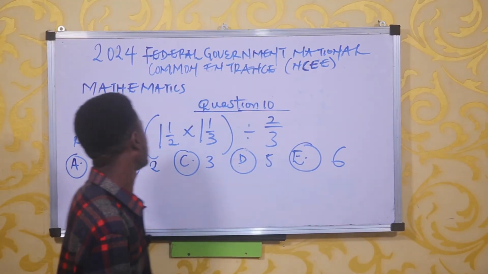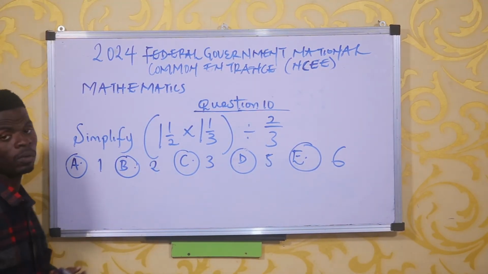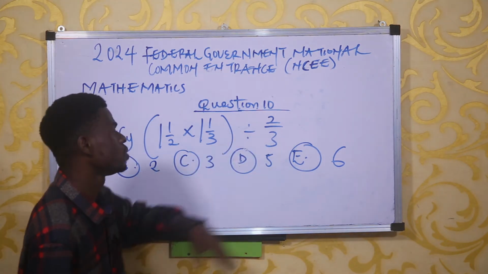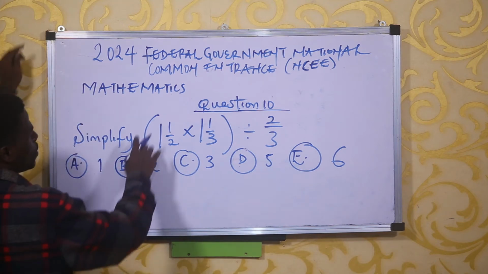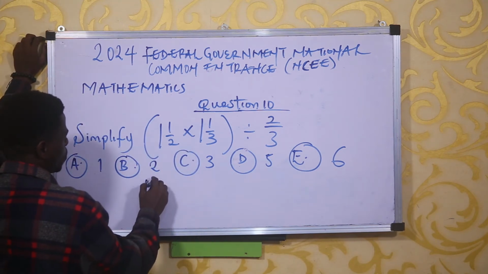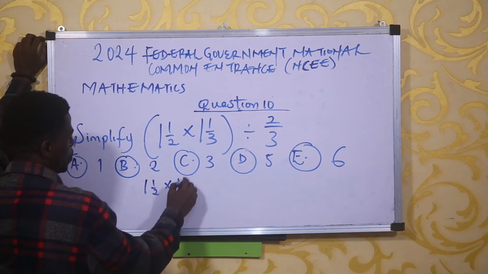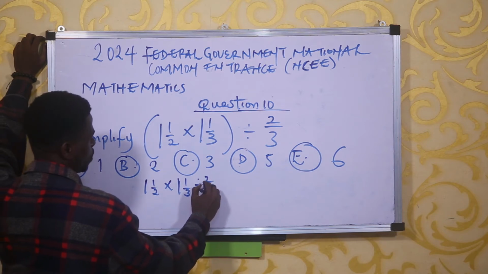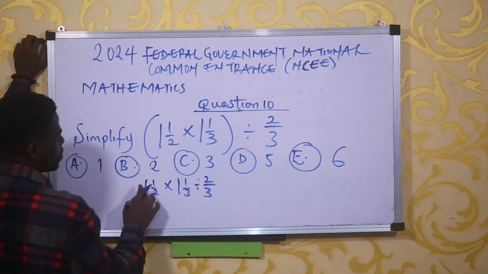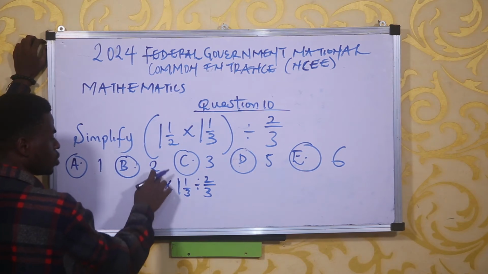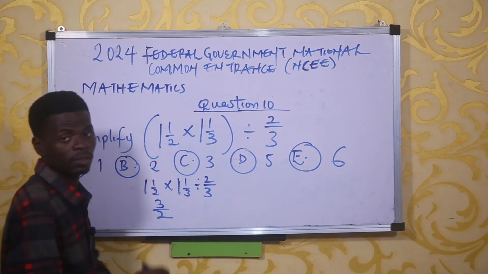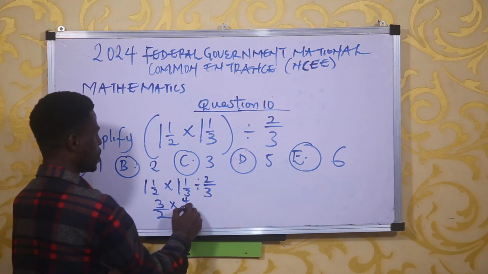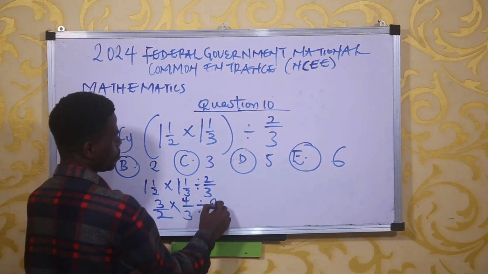Question 10 says: simplify (1/2 times 1/3) divided by 2/3. Now let's go. From the bracket, we have 1/2 times 1/3. So in this place, let's multiply this way: 1 times 2 gives us 2, plus 1 gives us 3 over 2. Take note of that. Times 1 times 3 is 3, plus 1 is 4 over 3, divided by 2 over